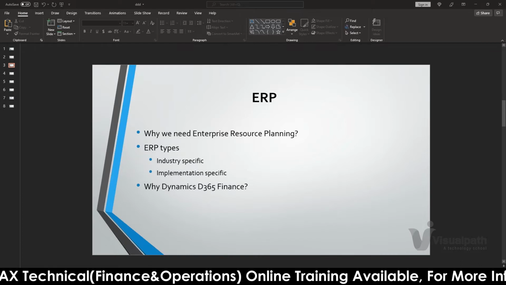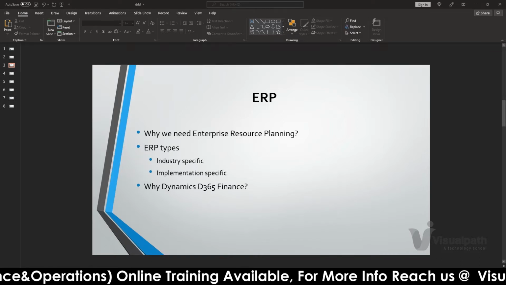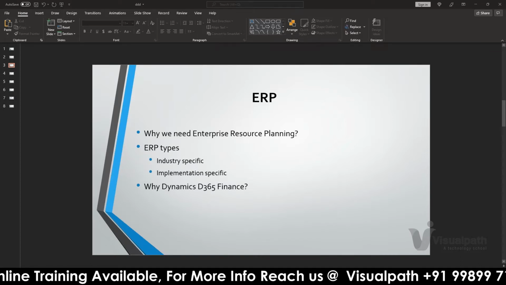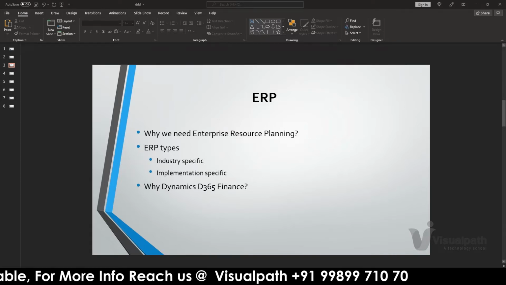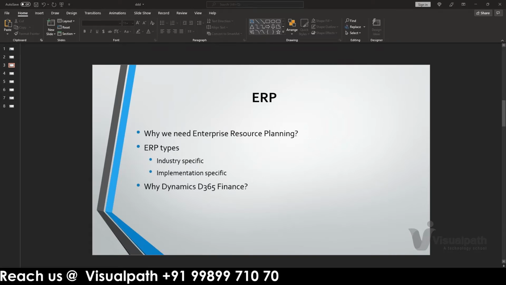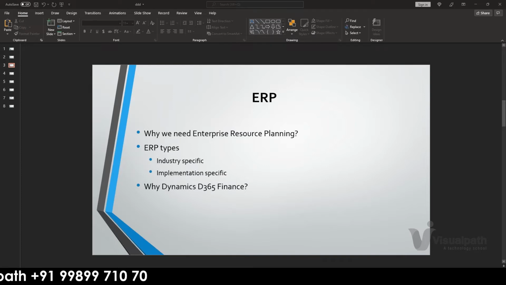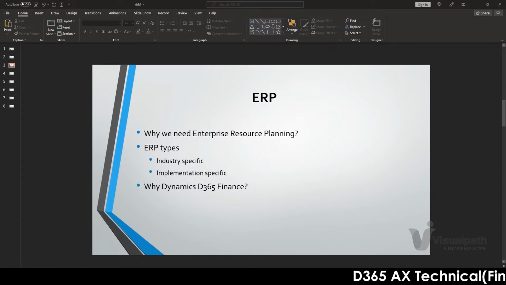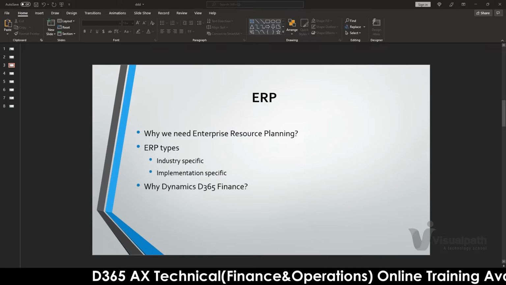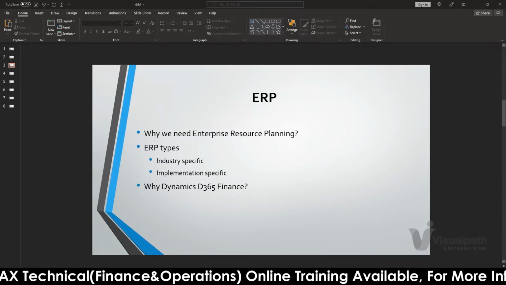And similarly, like other programming languages, if anyone already knows C, Java, the OOPS concepts, the same applies to X++, the language we use to develop in the Dynamics 365 ERP.